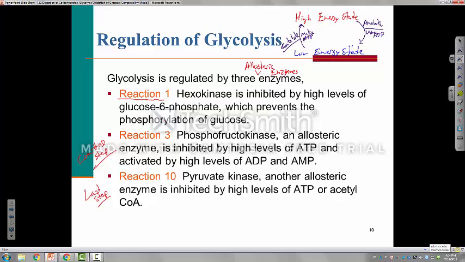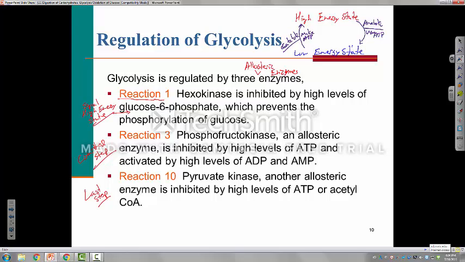So this prevents glucose from being trapped in the cell. It's inhibited by high levels of glucose 6-phosphate. So the glucose 6-phosphate essentially signals high energy charge or high energy state